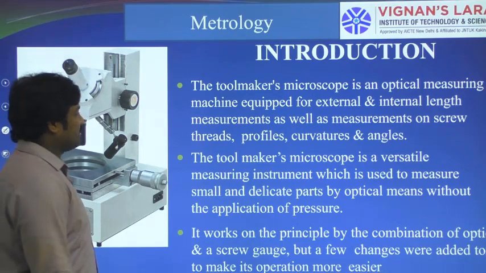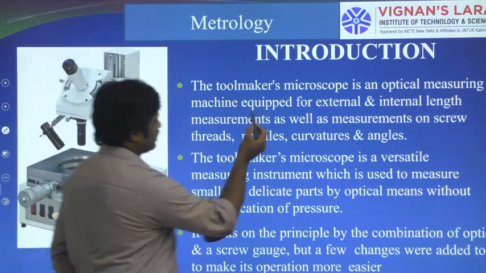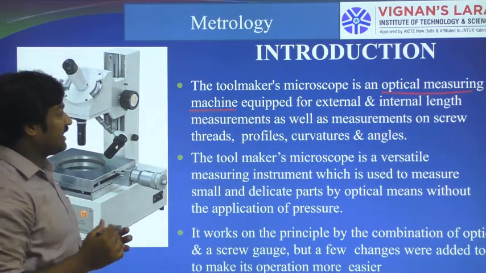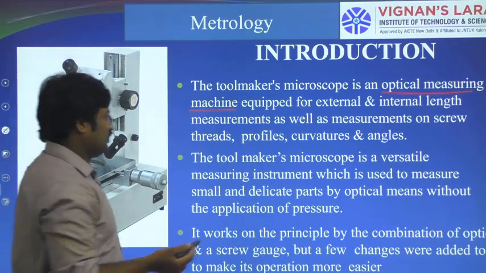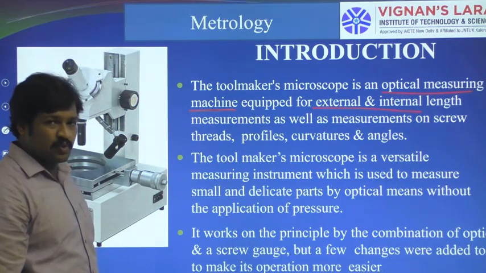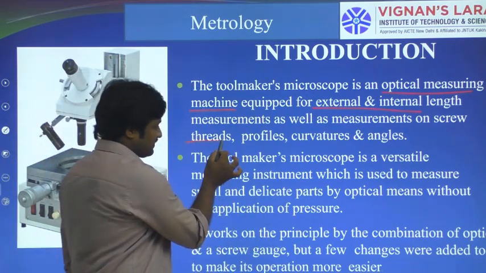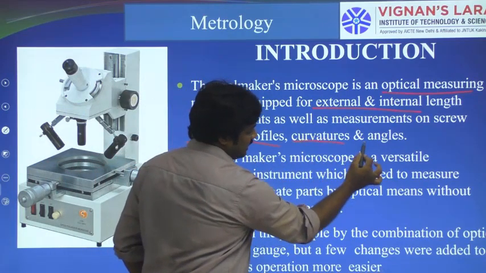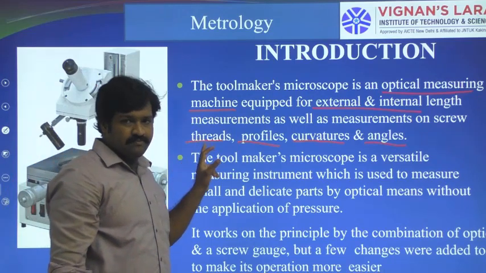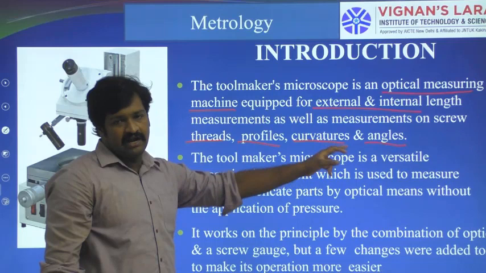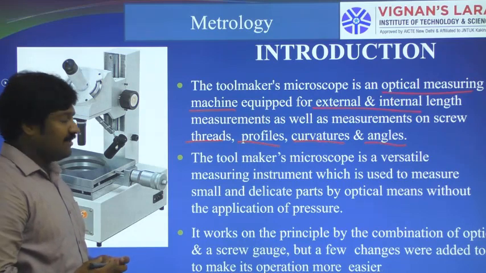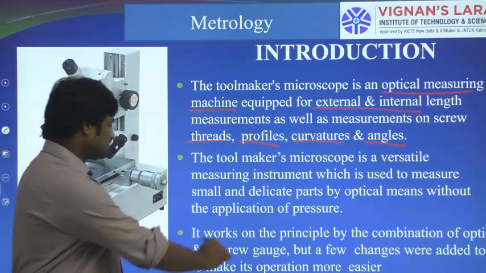The tool maker's microscope is an optical measuring machine. It is equipped for external and internal length measurements. So it is used for both external and internal length measurements as well as measurements on screw threads. So measurement of threads, profiles, curvatures and angles. Depending upon the component we can identify those threads, profiles, curvatures and angles. The tool maker's microscope is a versatile measuring instrument which is used to measure small